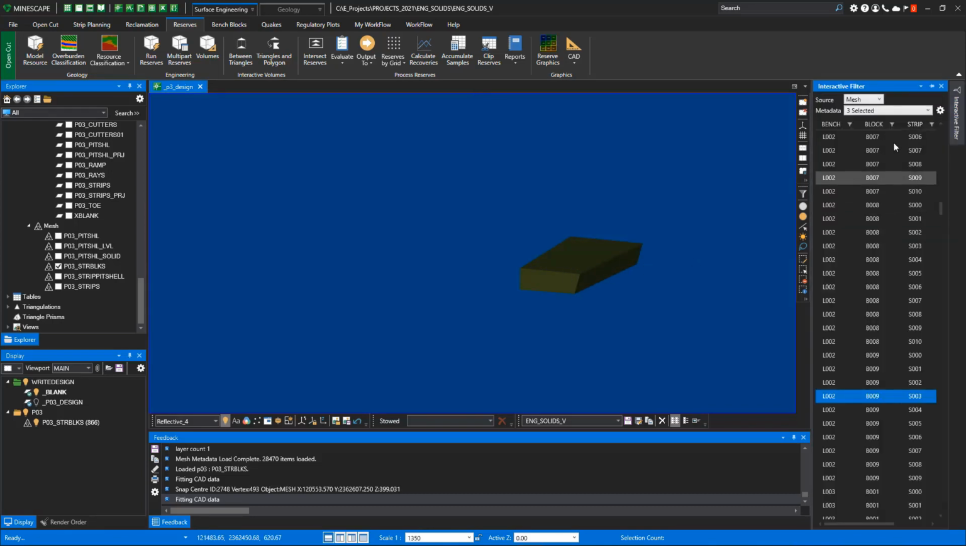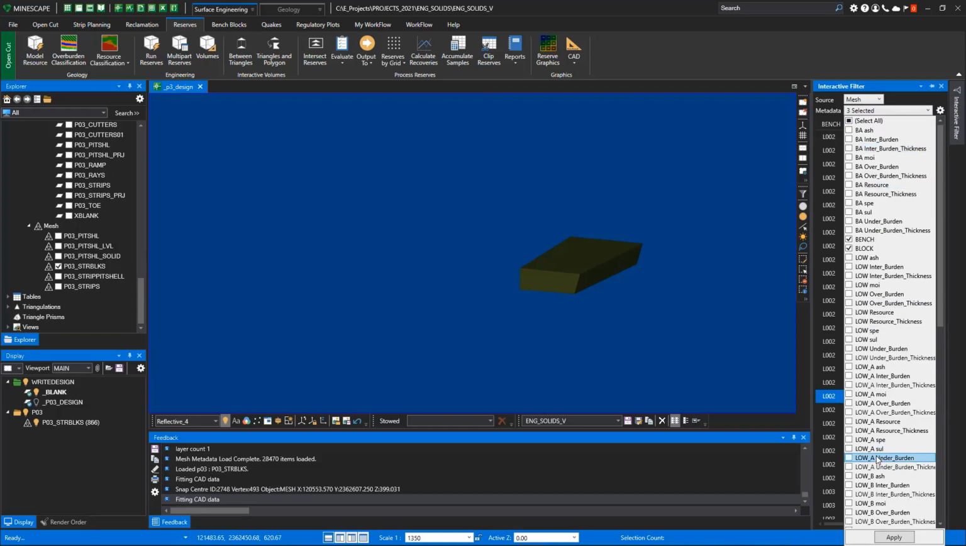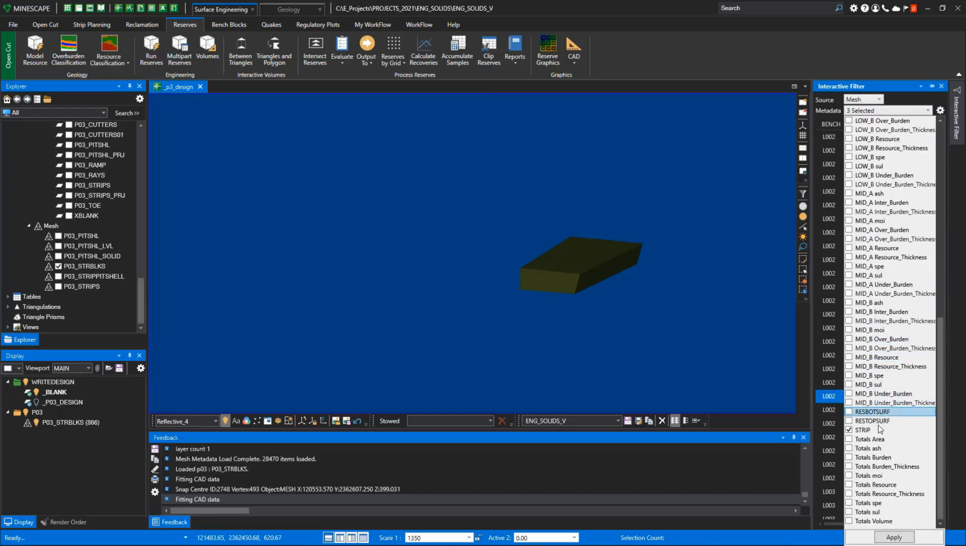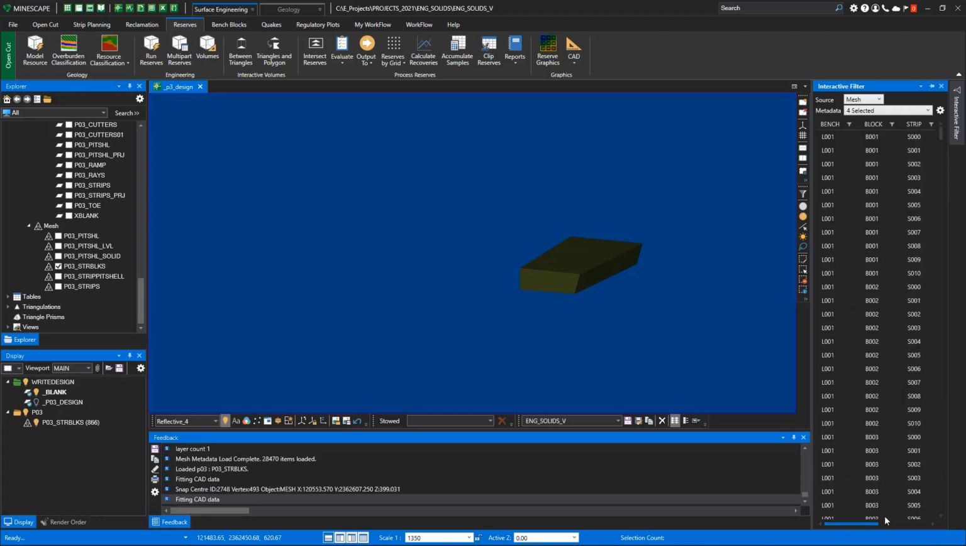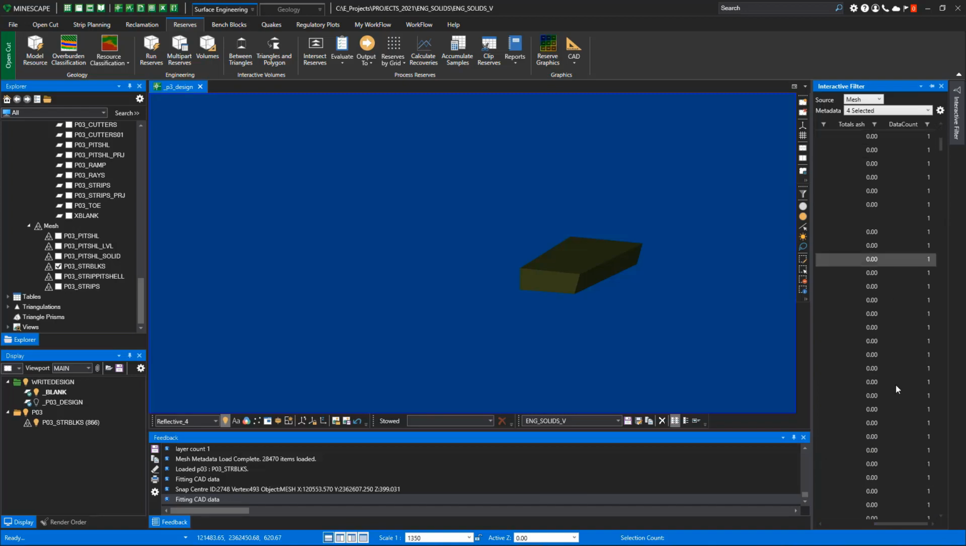The other thing you can do is, notice I have 3 metadata selected, and that's strip, block, and bench. I can also say, okay, show me the ash. I want to see the ash on this too. So now I've taken all these blocks, and now I've got ash on here. Now I've got some 0 ash, but you know what? I only want to see the ash